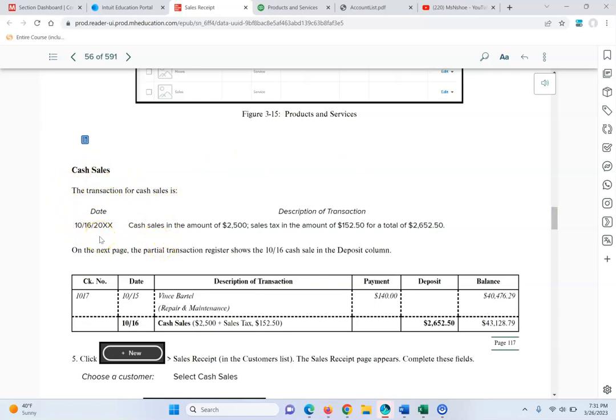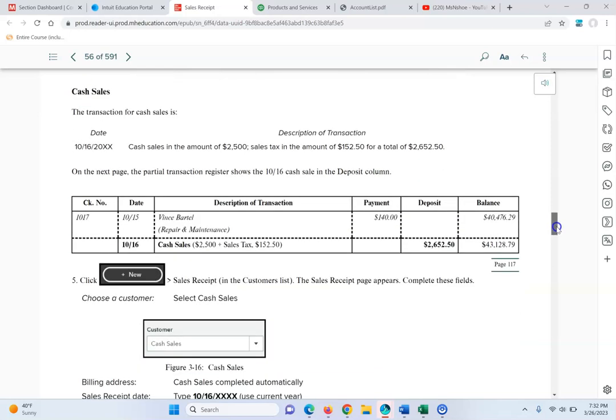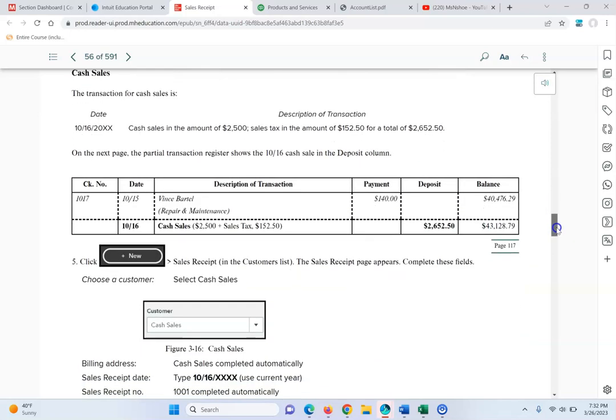The transaction for cash sales is shown here. October 16th, cash sales in the amount of $2,500, sales tax in the amount of $152.50, for a total of $2,652.50. Okay? So what we'll do,